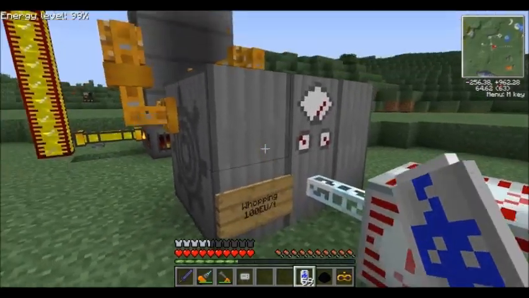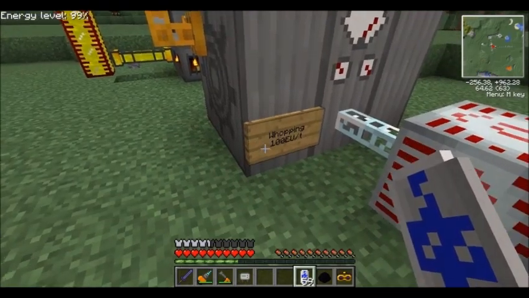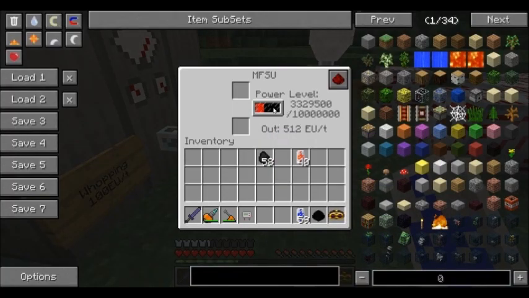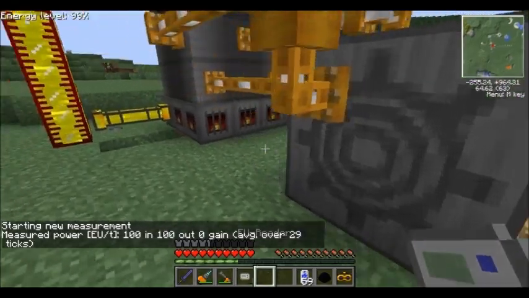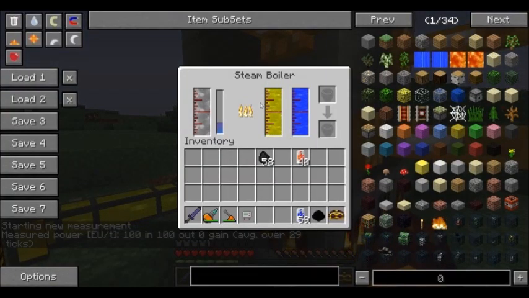Next up, we have the steam turbine from Railcraft. And it produces a whopping 100 EU per tick. As you can see here, it fills up pretty quickly. Pretty nice. Nice stuff. And the way you do that is by having a boiler, a steam boiler that is,